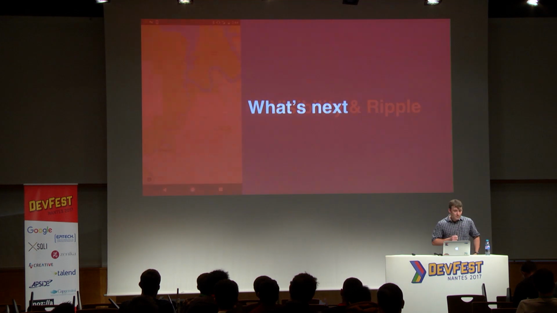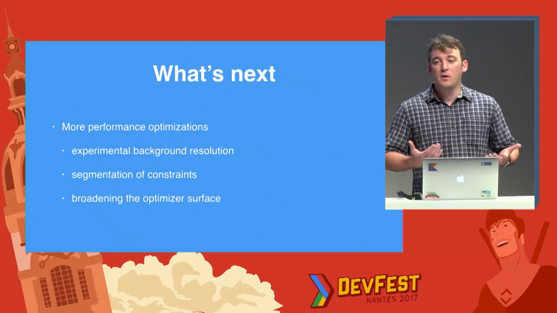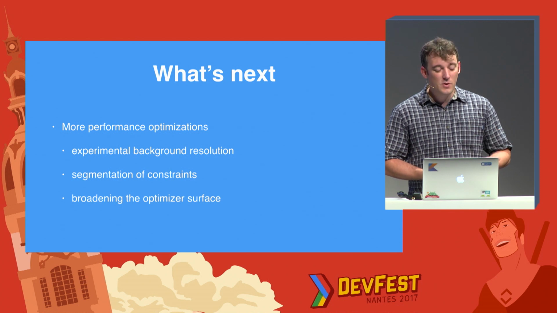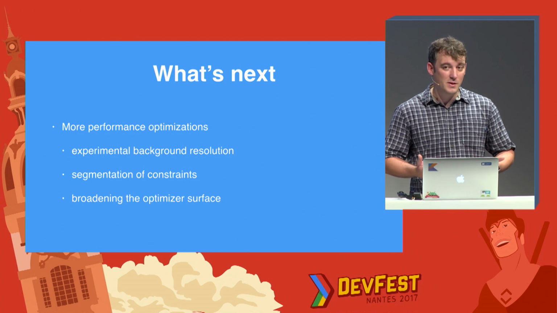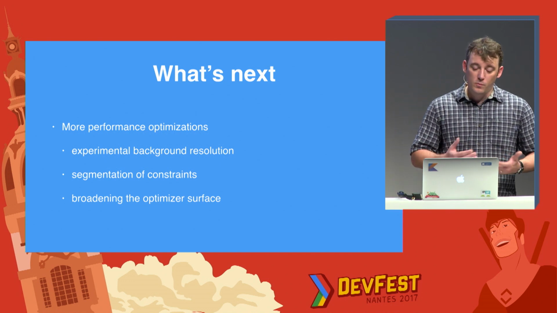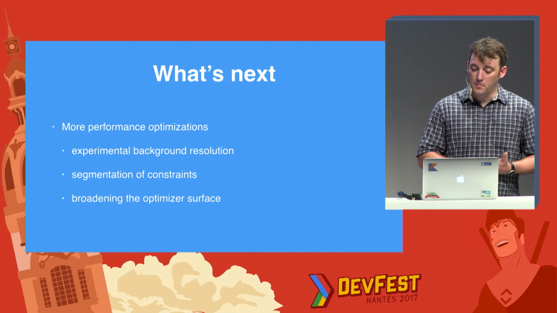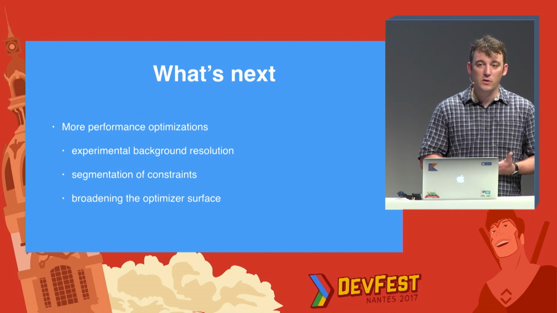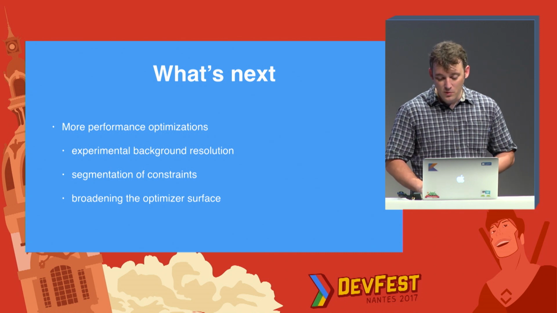All right, so what's next for constraint layout in general and for the layout editor? Well, for constraint layout, we're trying to finish and ship 1.1, mostly about performance optimization. We have a ton of ideas. I'm not sure we'll implement all of those for 1.1, but we should have a good go at getting most of them. Specifically, we have a new optimizer in 1.1 that I'm hoping should be way faster than what we got in 1.0. So we'll see, but pretty hopeful.